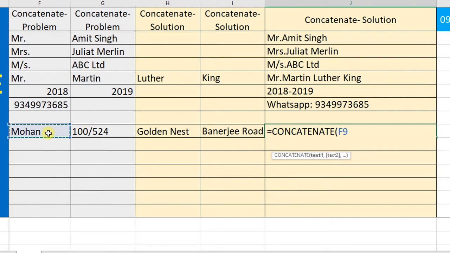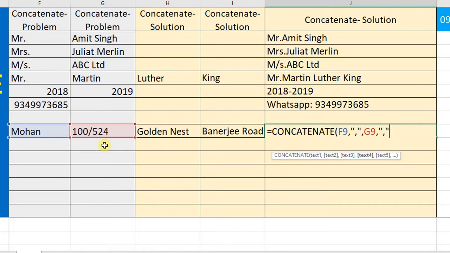After Mohan, we want to use one comma, because when we are writing an address, Mohan, 100, Golden Nest, this is the method of writing. In the same way, select Mohan, open quote, give one comma, close the quote, again comma, select the next one, comma, double quote, comma, double quote.